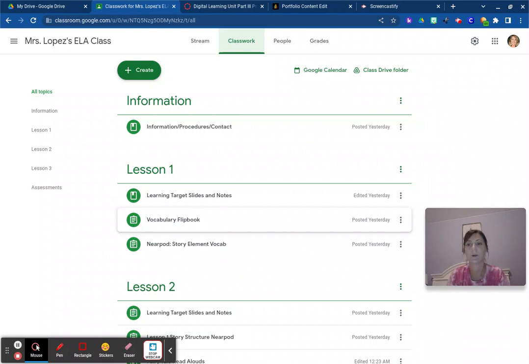Some things I just wanted to explain before I get into all the content on here is that each lesson is set up with instructions, and I also used Screencastify to verbally give directions in each lesson. Current research says, according to studies performed by OSF Healthcare as well as the American Academy of Pediatrics,